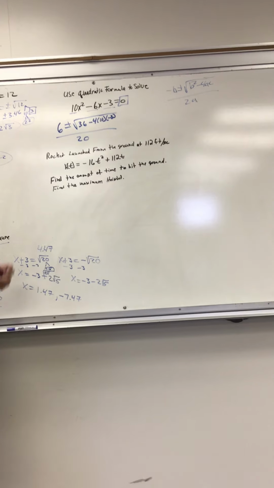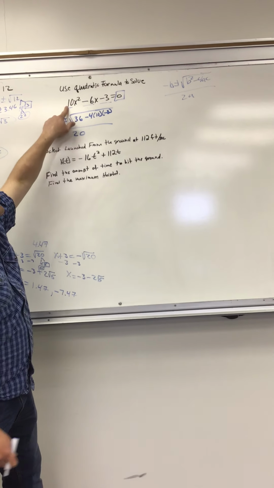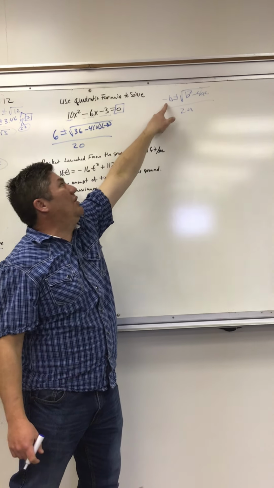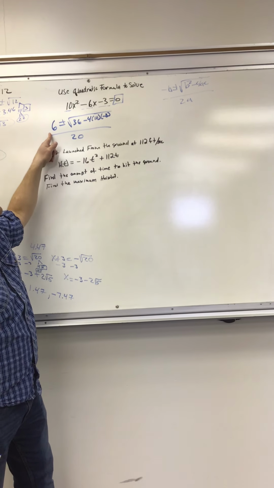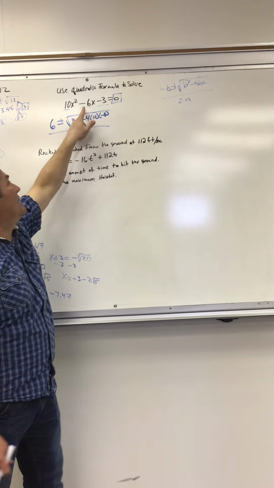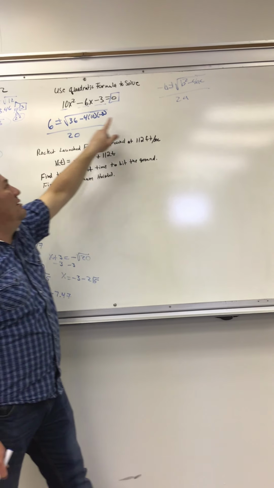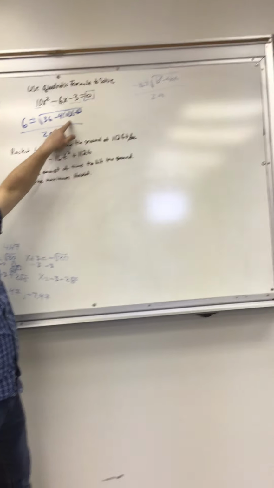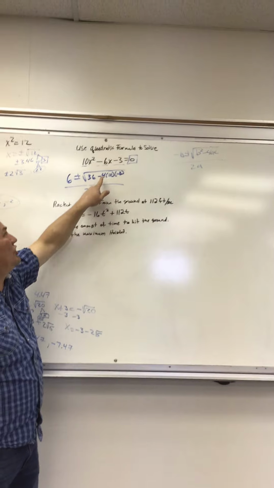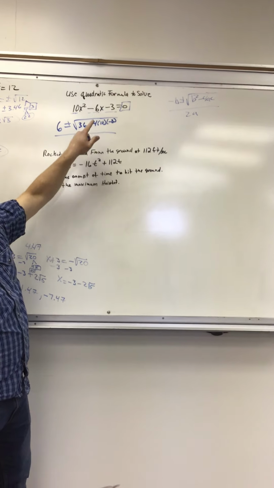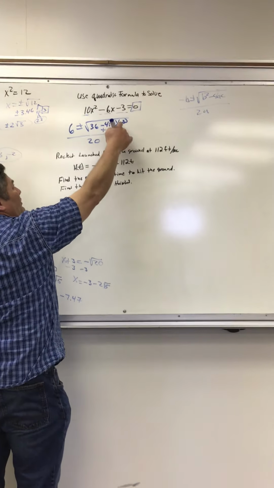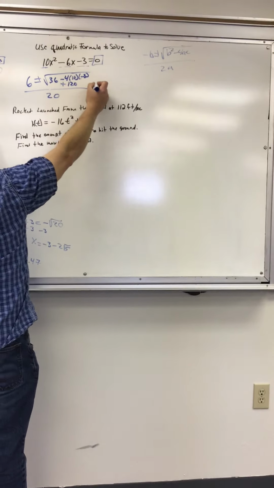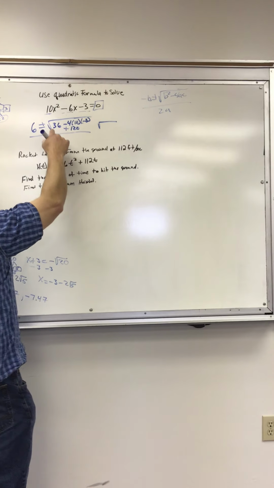Okay, so again, I followed this formula. The a value is 10. The b value was negative 6, so opposite of negative 6 gave me positive 6. B squared, negative 6 times negative 6 equals 36, minus 4ac, minus 4 times the 10, that's the a, times negative 3 is the c. Make sure you keep your signs in there. Now I have a negative times a negative, which is a positive. 4 times 3 times 10, 4 times 3 is 12, times 10 is 120. Now I have the square root of 120 plus 36,